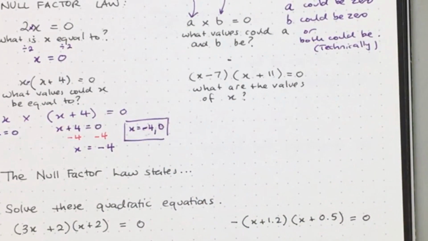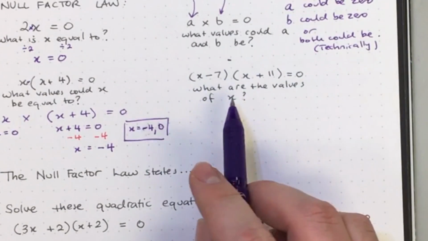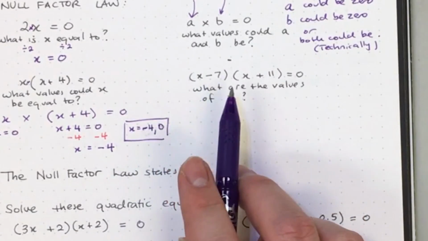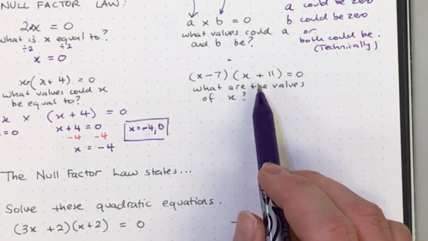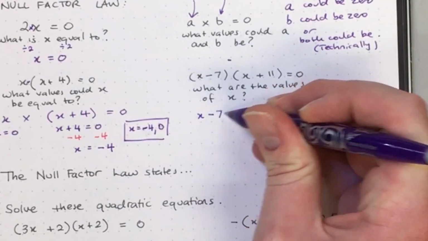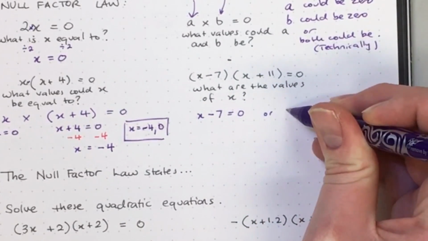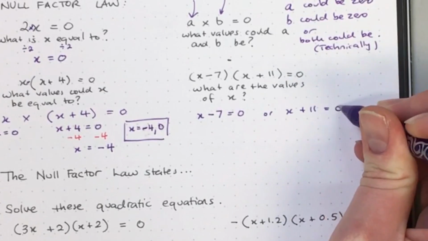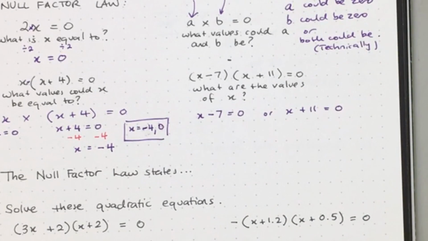Given that pattern in mind, let's have a look at this one. I've got 2 brackets here. What do you think the values of x could be for that bracket on the right? Let's get some hands up. Miss K, what do you think? -2. Where would you get that? I was looking at the wrong question. Oh, that's all right. This one up here. -11. Okay, so it would mean that either x minus 7 is equal to 0, or x plus 11 is equal to 0, or both. So if I was to solve these equations,